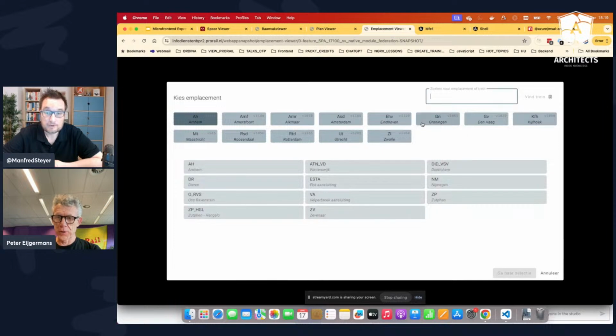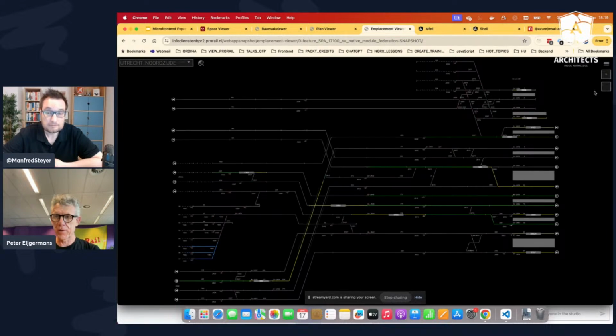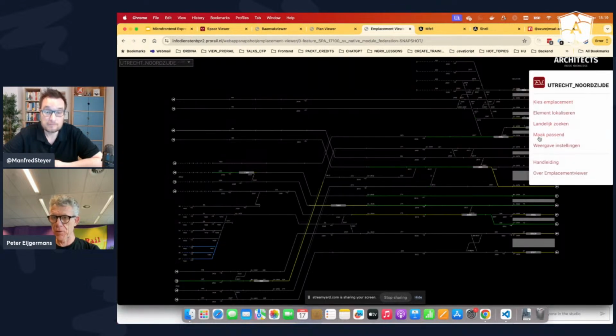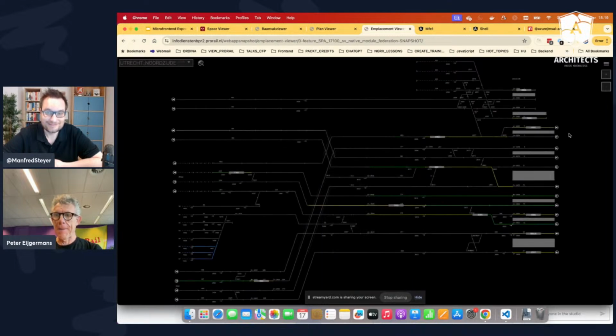Yeah, apartment viewer. You can go to the Utrecht north part. Now there's a very quite big one. Then you can play with it, of course. It shows you everything or nothing. What is also good to know is that the host application